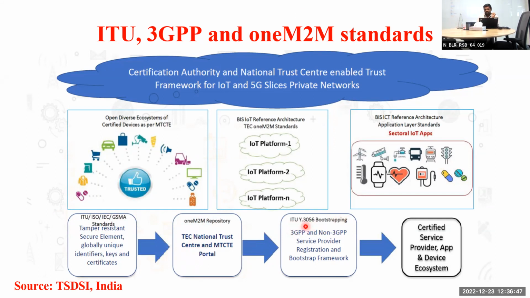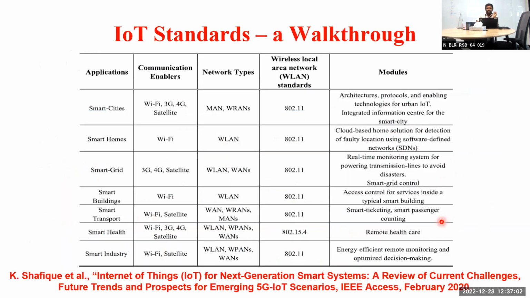Next is bootstrapping, and 3GPP will take care of some part of the IoT networks, right? Defining some of the IoT networks will be taken care of by 3GPP. Similarly for other standards as well. Next, for example, you can see here each application. If you want to sell your device for a smart city application, you have to comply with these standards. Not only this, there will be plenty of standards you have to comply with. Plenty of testing will be undergone, your device will undergo, and so on. Similarly for the other applications.